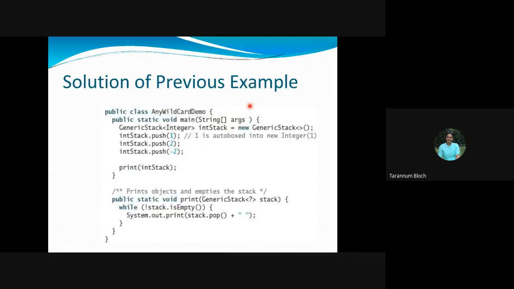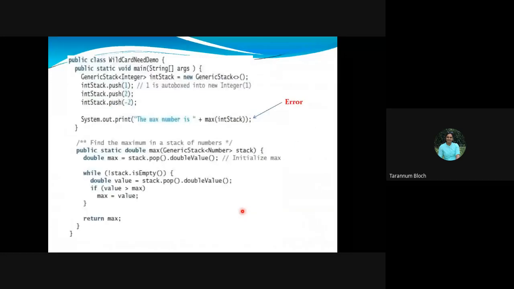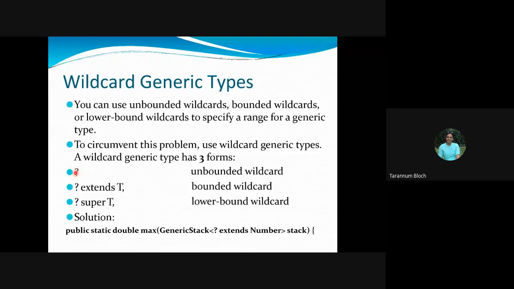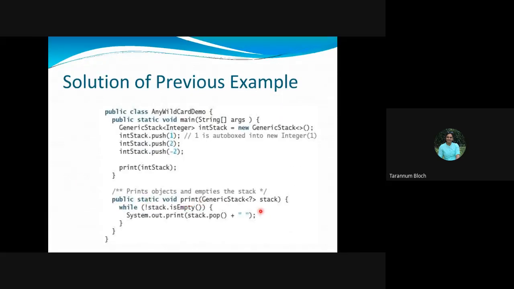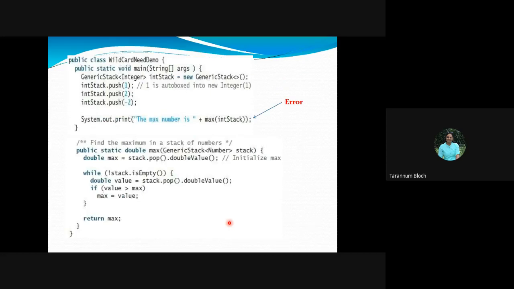Fine. So what is the solution? You can go with the wildcard. If you're using the wildcard, you see that we said unbounded. Unbounded means we are not specifying, we are not being strictly typed. We will have the flexibility. So we do have the unbounded wildcard, and we can go with an unbounded wildcard method by specifying the question mark, and it will allow you to go with, in general, any type. Fine. Is it clear? Any question, any doubt?